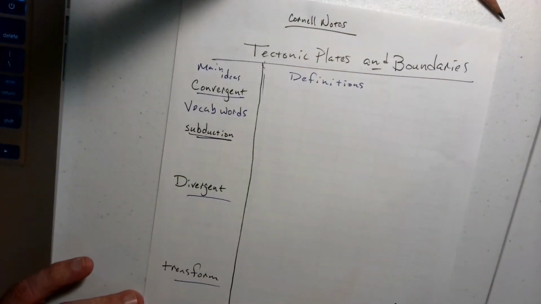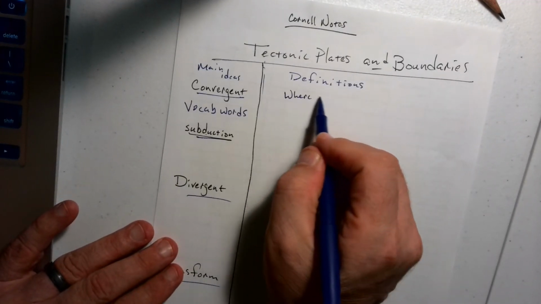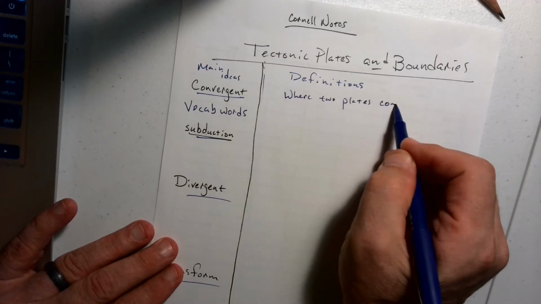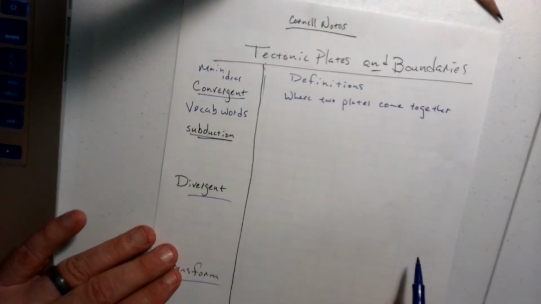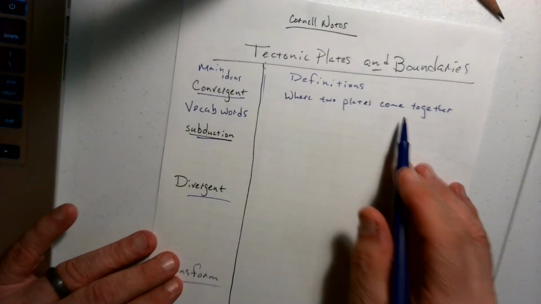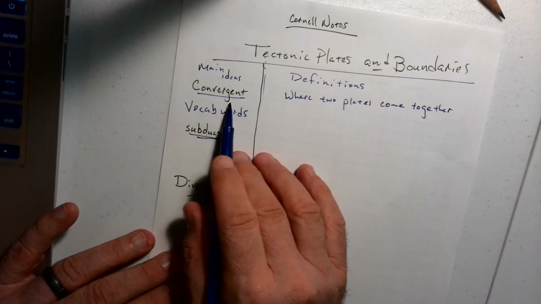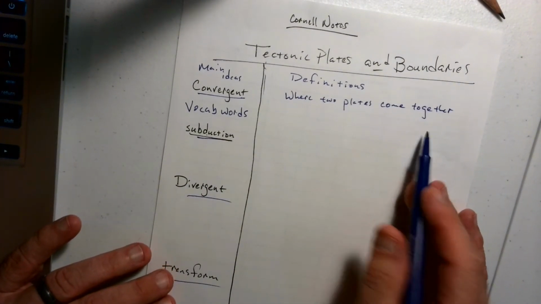So if I was taking notes on convergent boundaries, I would say where two plates come together. And when you're taking notes, my advice to you is to write quickly, use phrases, use short snippets, don't worry about spelling, but write neatly enough so that you can go back and gather the information when you need to remember. So convergent boundaries are those boundaries where two plates come together, and I'm thinking of an example